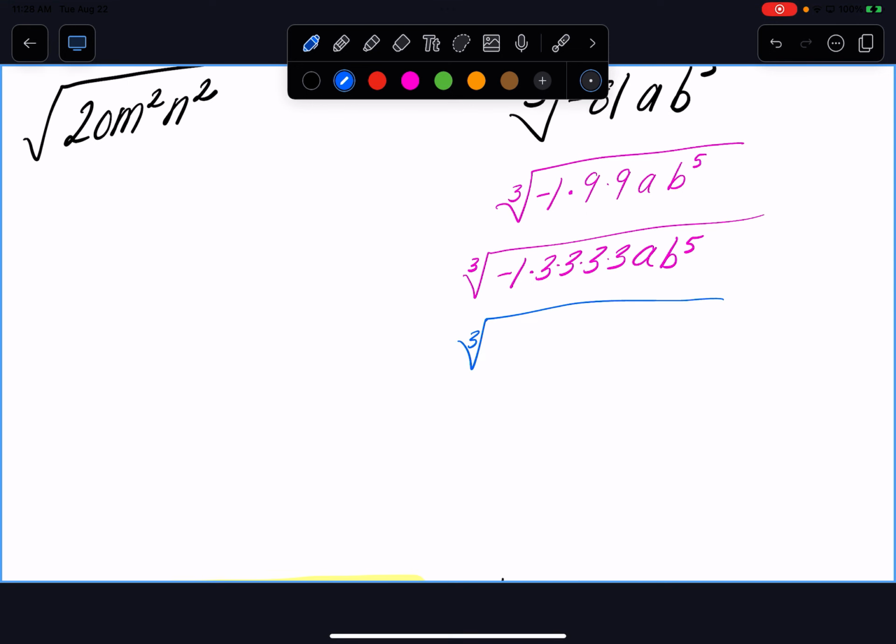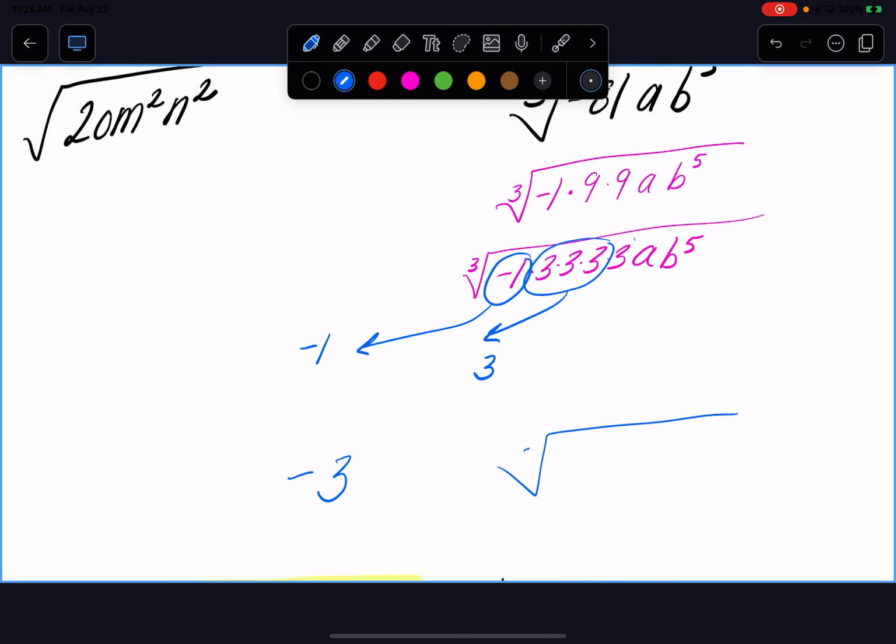Why are you flexing? What's the cube root of a negative 1? Negative 1. It's just negative 1, right? The negative just stays on one side. Nope. We always either pull out an i or a negative. We don't leave it underneath. And then b to the second inside. Yeah, negative 3b to